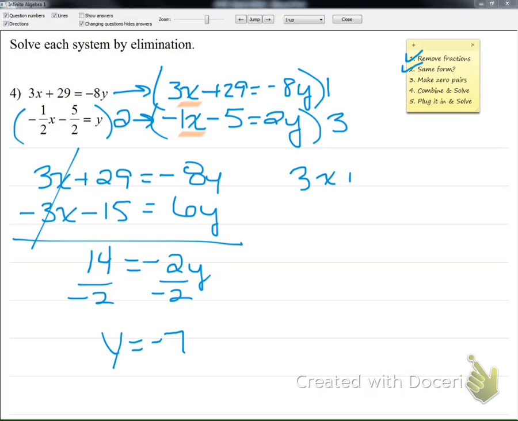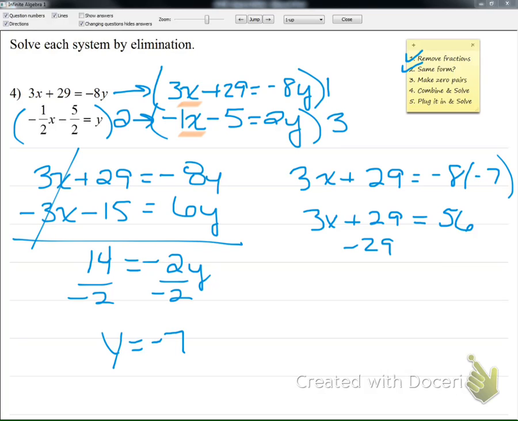So I picked the equation that didn't have the fraction in it. And I replaced the y with the negative 7 that we just solved for. Simplify the equation. Negative 8 times negative 7, and negative times a negative always equals a positive, so that's how I got a positive 56. Then I subtract 29 from both sides to combine my constants together. I get 3x is equal to